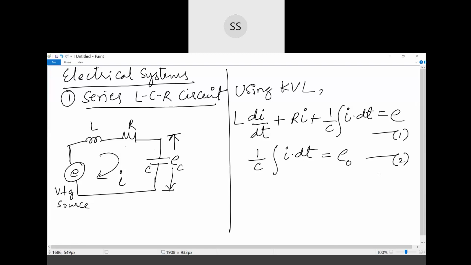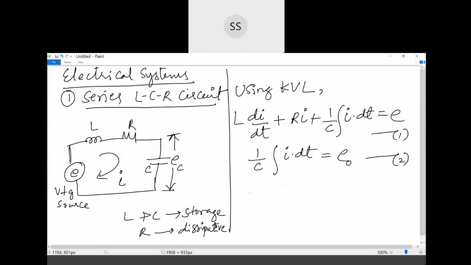Now in the above equations, the inductor and capacitor, that is L and C, represent the storage elements, whereas R represents the dissipative element. Similarly, in the case of mechanical systems, we identified the mass and spring as storage elements and the damper as the dissipative element. So in the electrical circuit, L and C are the storage elements and the resistor R represents the dissipative part. With this, it is possible to write some equivalent expressions.